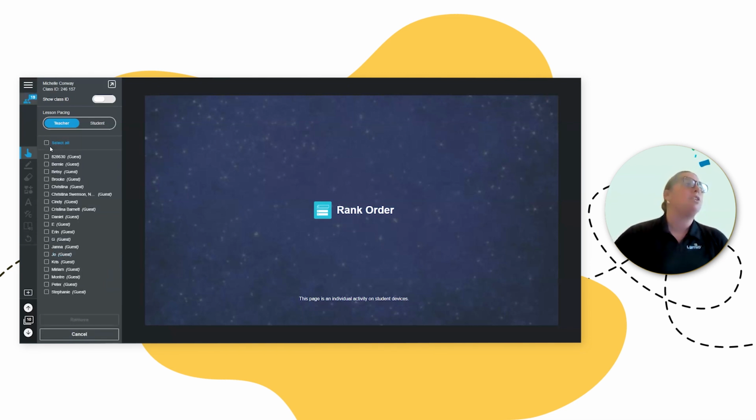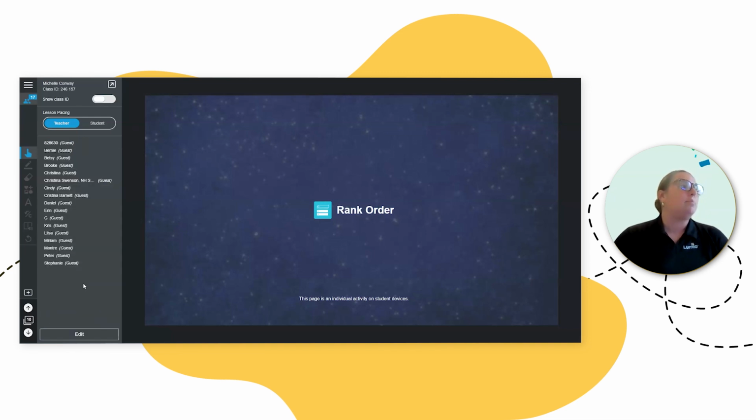This is sometimes a good option, especially for little ones, 3rd grade. They're just getting used to being on a computer. By 3rd grade, they're pretty independent on a computer. But they don't realize that they have another teacher who uses Lumio. It's nice for them to have left a class, so they're ready to join another one. So I always tell teachers just get in the habit of removing everyone and then going from there.